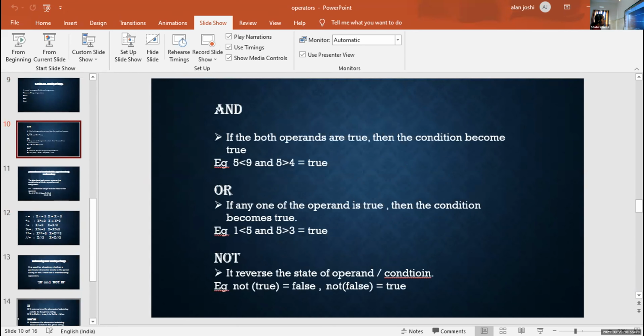Okay. Here in the case of 4, what happened? 1 less than 5 is an example for, okay, Alan. Here 1 less than 5 and 5 greater than 3 is an example for OR or not. Here you are using the same AND operator. The answer is correct, but it is based on this OR or not. Okay, no problem. Then take in and not in.